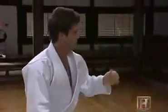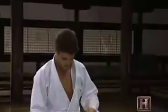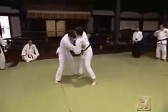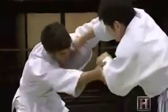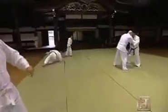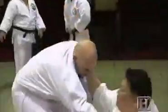Is that better? Good? Good, very good. Good job, Jason. But Onishi Sensei wasn't done with us just yet. There was a reason why there was a group of big judokas here, and the reason was to kick our butts. The official term for it is called randori. Randori is the equivalent of sparring in boxing. It may not look as